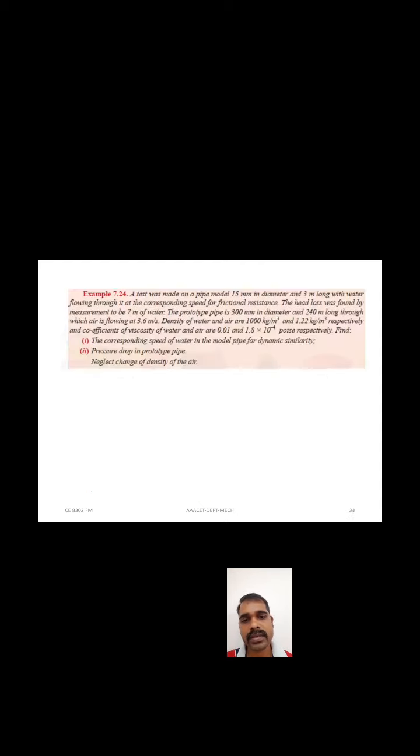Density of air, rho p, is 1.22 kg per meter cube. Dynamic viscosity. Velocity of air is 3.6 meter per second. Head loss in model is 7 meter. Pressure drop in model, that is 7 into 9.81, it is nothing but 68.67 kilonewton per meter square. So here pressure drop,